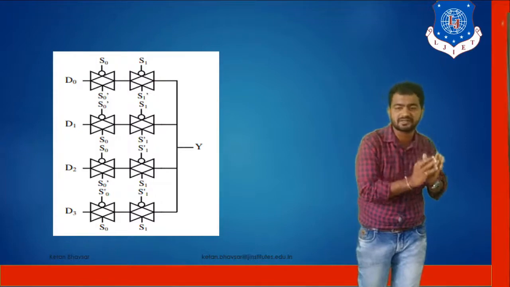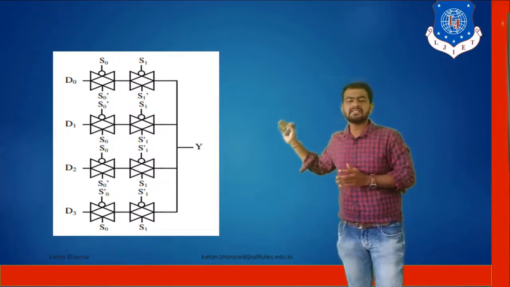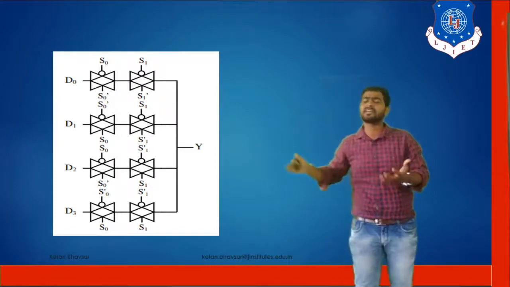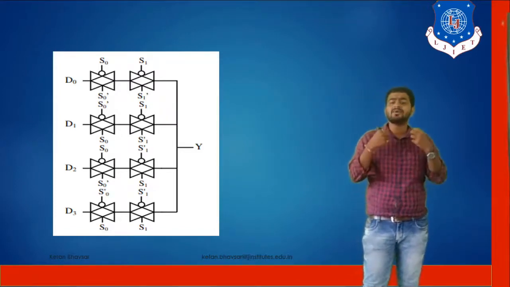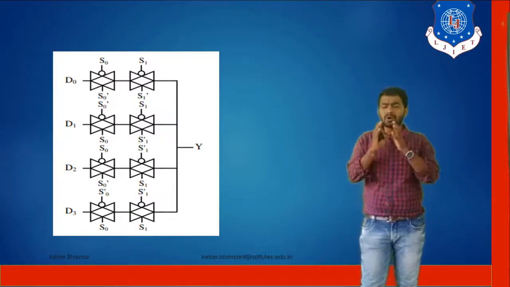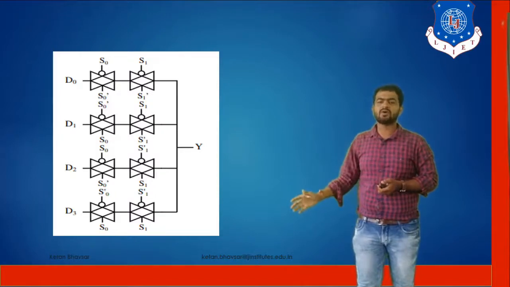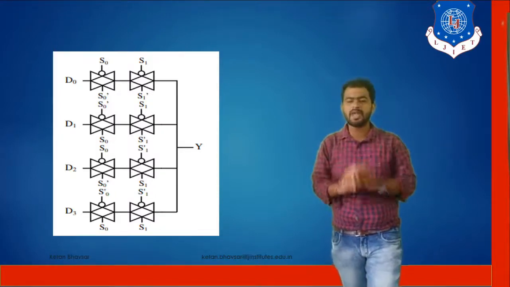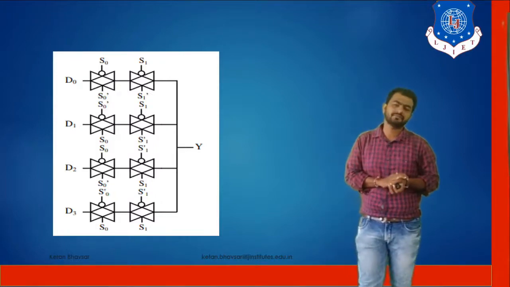Ultimately, make sure that for any type of complex transmission gate design, you should know the working of the transmission gate first of all. If you know the working of the transmission gate first of all, then you can easily work on any type of circuit. Like you can work on the 8x1 multiplexer, 16x1 multiplexer, 1x16 demultiplexer, or any type of circuit. Okay, so make sure you understand this very well. It plays a main role when we work on any type of logic circuit.